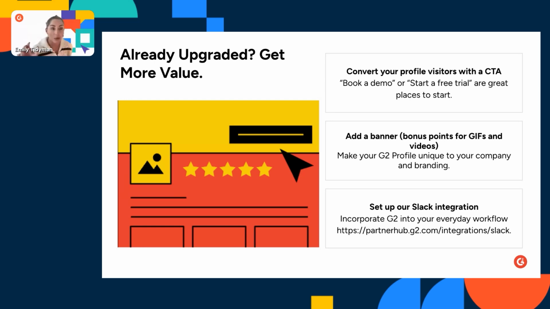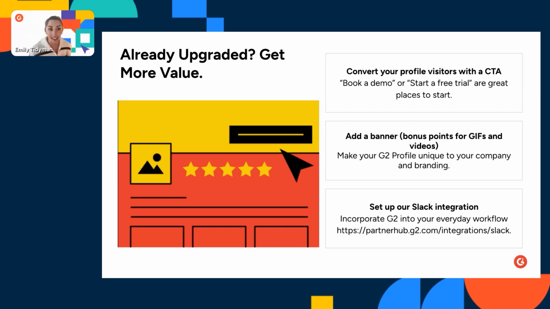As I mentioned, it's a little button where you can customize the text and redirect folks to the landing page of your choice. Again, commonly we see this being used to solicit your free trial or a free demo, but I've also seen clients use it to solicit upcoming events, to boost registration, things like that. It's completely yours to take advantage of, and you can adjust it as many times as needed. Also, for my paid folks, we can have that really compelling, captivating banner image. Pro tip, that image can also be a GIF or a video. So a really fun way to tell your product story and highlight all of those branding materials that I know your content team is working hard on.